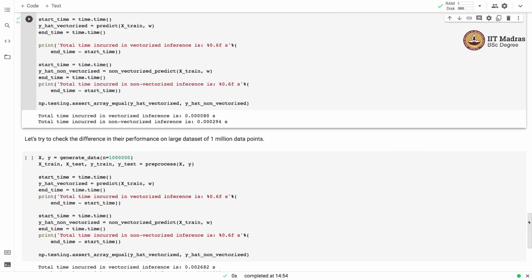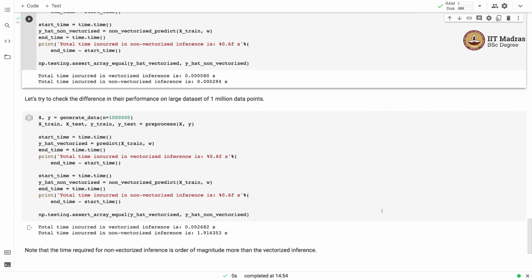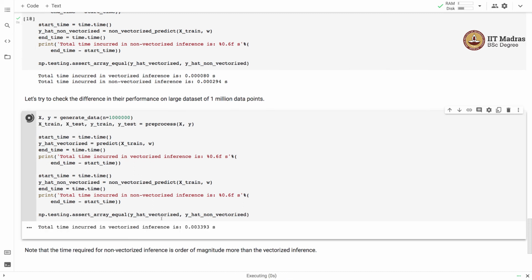So next we generate a data set of 1 million examples, or 1 million data points, and we perform the vectorized and non-vectorized inference procedure to obtain the labels for these 1 million examples. And you can see that the time it took for the vectorized implementation is far less than the time that non-vectorized inference took. So the difference is really of the order of magnitude.